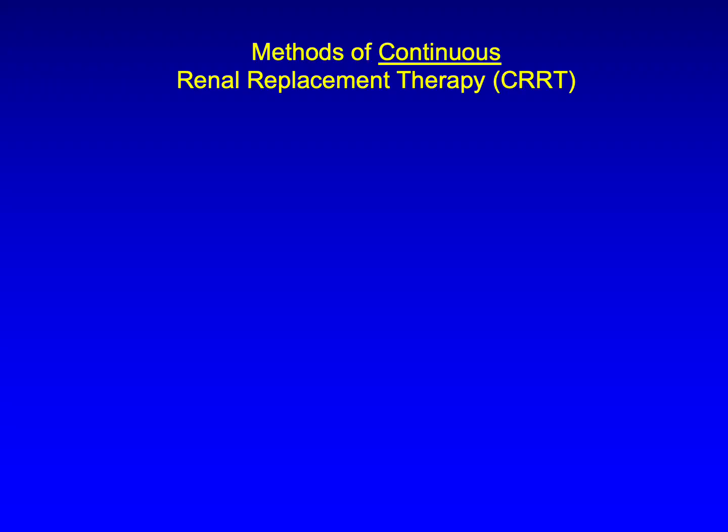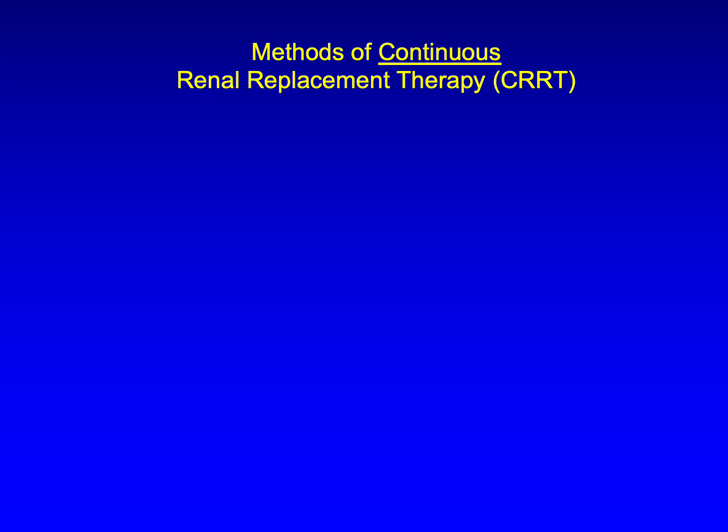And so in 1977, continuous renal replacement therapy, or CRRT, was first developed, which essentially spread the procedure of dialysis over 24 hours instead of doing it all in 4. Since then, CRRT has become the mainstay in the management of acutely ill, hemodynamically unstable patients with acute or chronic kidney injury. Today, the main methods of CRRT that we use are CVVH and CVVHDF, and we'll look at a